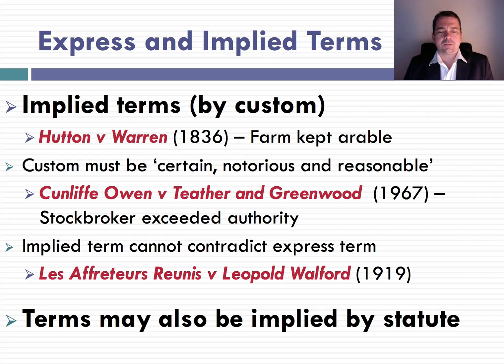Now, lastly, terms may also be implied by statute. The big example of this is sales of goods acts. Where someone, especially a consumer, goes and buys something, they are entitled to certain minimum warranty periods. And of course, there are sales of goods acts throughout the world, and the terms of those acts will vary from country to country. But the idea is that whatever the buyer and seller agree, the Sales of Goods Act can come into the situation and basically usurp